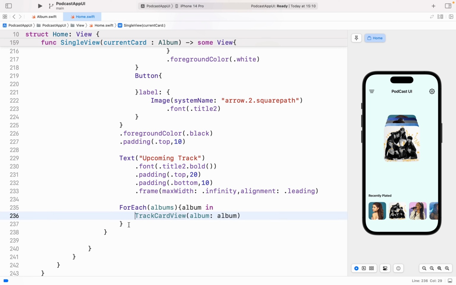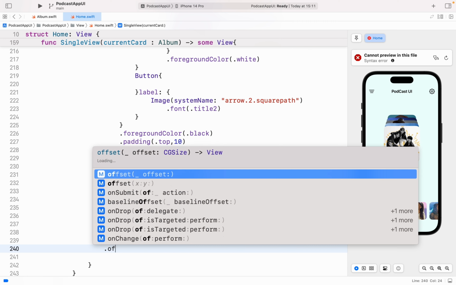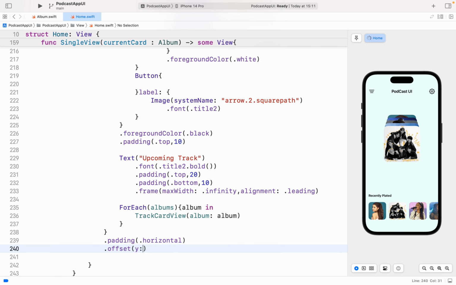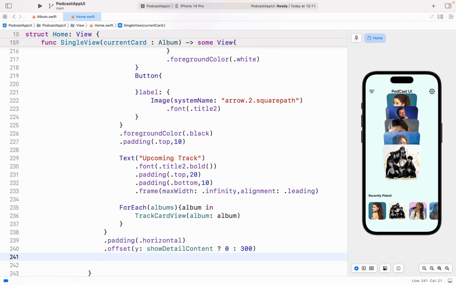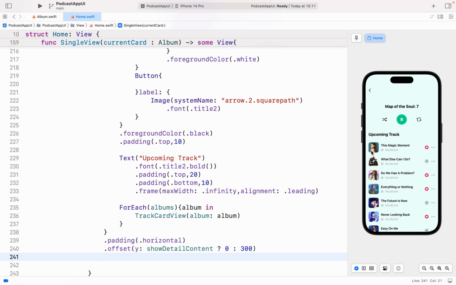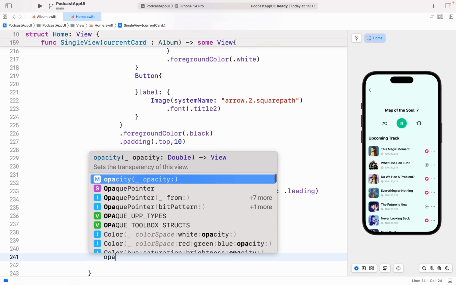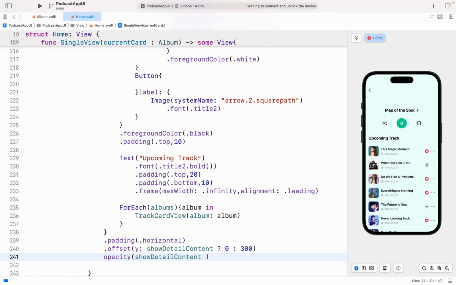here we are in the track list. Here we have an album name and player icon, and we have the padding that horizontal, and the offset for Y would be, if show detail content, 0, else would be 300. So let me show you. Nice here, and the opacity would be, if show detail content, 1, else would be 0,